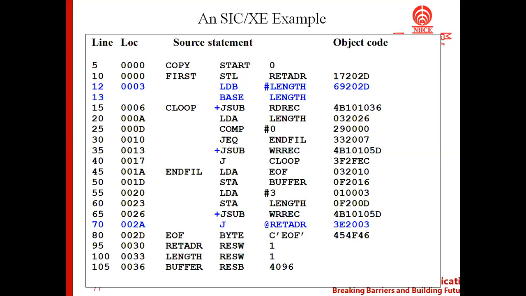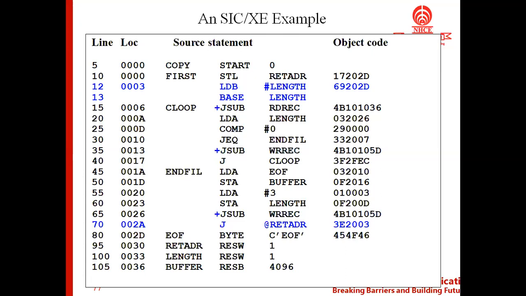But if you look, 0006 is being assigned to the instruction in line number 15, not to line number 13. The reason is that in line number 13 we have an assembly directive called BASE.